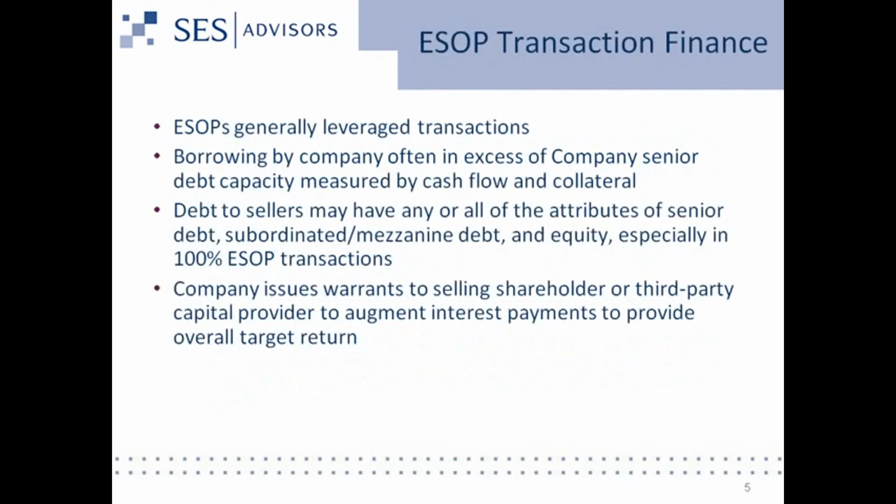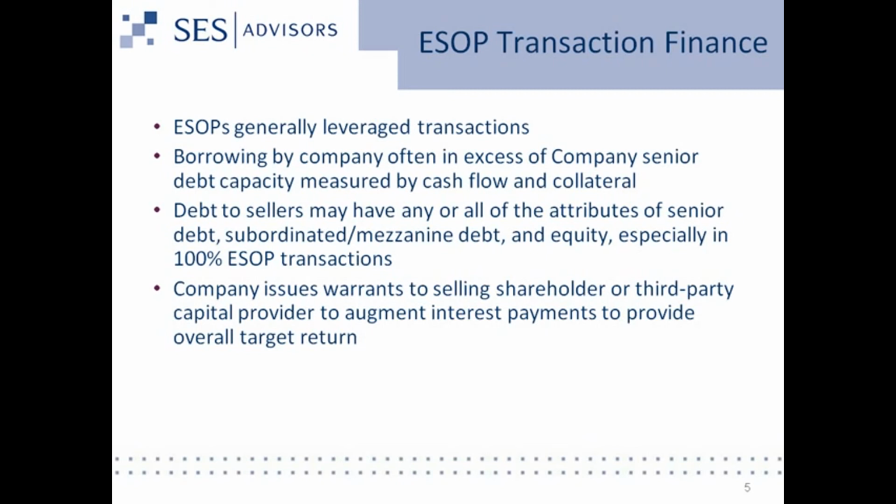So let's talk about ESOPs. In ESOP transaction finance, ESOPs, as we know, are generally leveraged transactions. That simply means that by and large we're borrowing money somewhere in the middle of the transaction to help the ESOP purchase stock from shareholders or from the company. And often the borrowing we would like to have the ESOP do is in excess of what the company can comfortably and simply borrow from a senior lender, who lends, of course, basically measured by company cash flow and collateral. And in the simplest examples, lots of times we have companies that are trying to become 100% ESOP owned, perhaps particularly because as a 100% ESOP owned S corporation, there'll be no taxable income attributed to any of the shareholders currently. And so we may want to be borrowing more money from somebody to make sure we can buy 100%